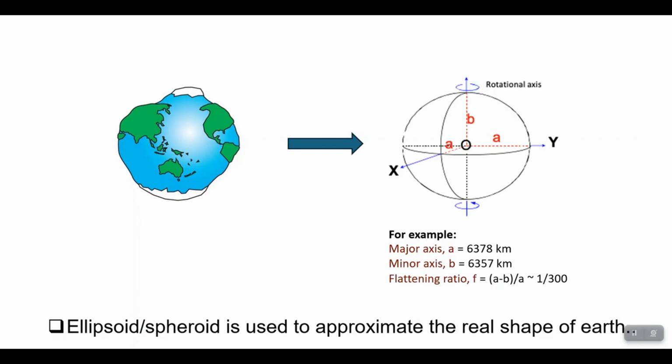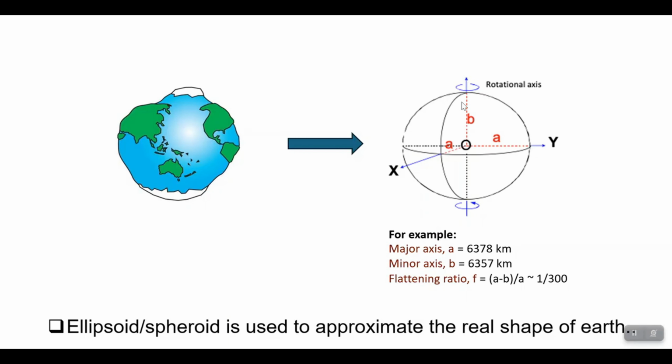So this is a real shape of the Earth. As you can see, it's very irregular and bumpy. And the question is, how can I make any measurements on this irregular shape? To address that, we need to define and fit mathematically a smooth surface like this to approximate the shape of the Earth. And this surface is called an ellipsoid or spheroid, which is a 3D ellipse that is flattened at